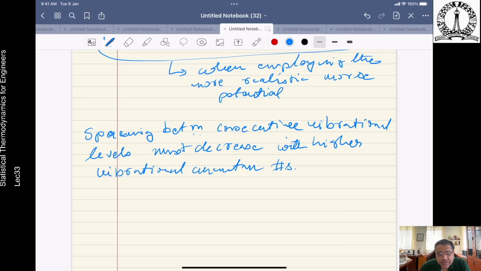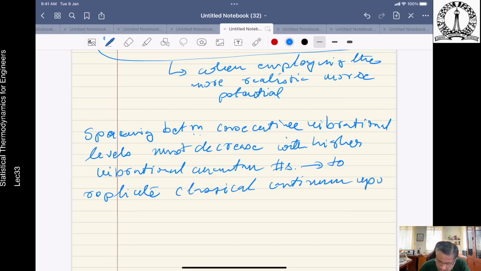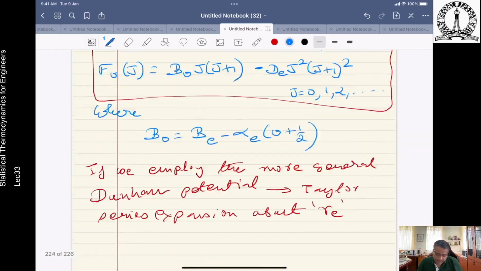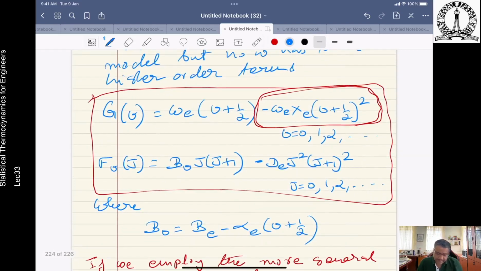So this is to replicate the classical continuum upon dissociation. Yes, dissociation. Now if you look at this term, the second, this particular equation,